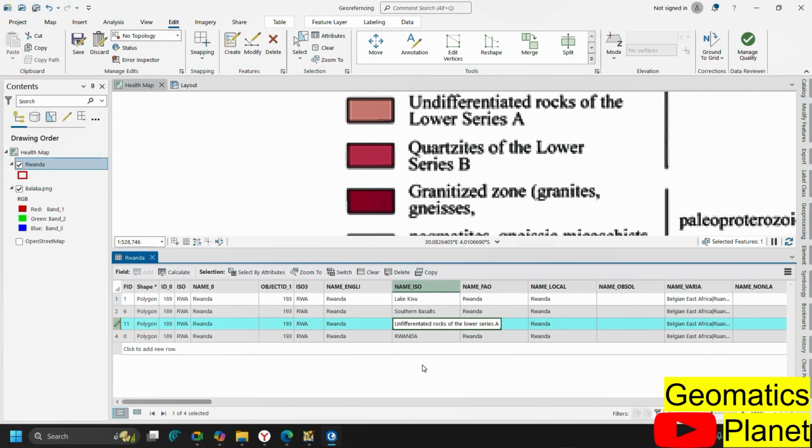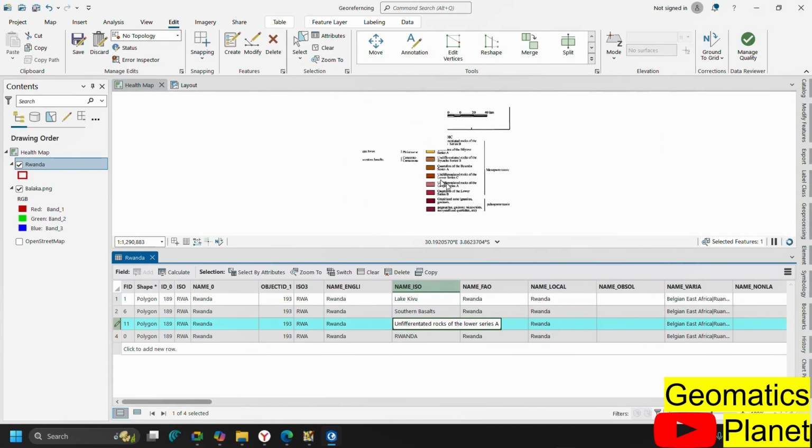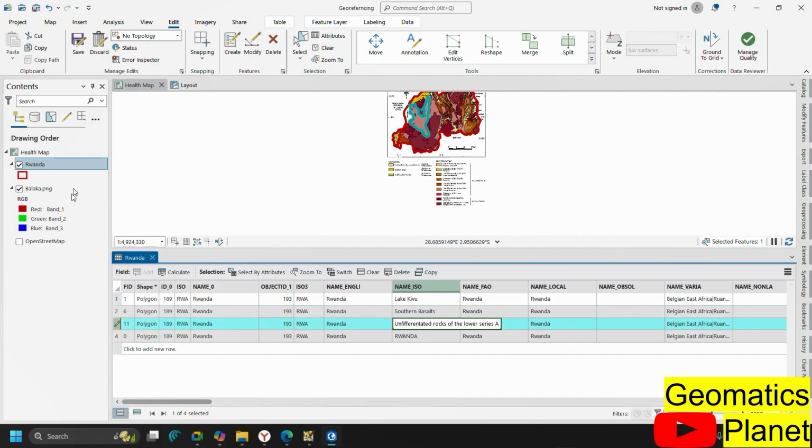So you can see this here. This is what I'm going to do until I digitize all of them. Once I am done with it, I can save here. You can see here, I can click here to save. And then once I save this, you can also add, if there